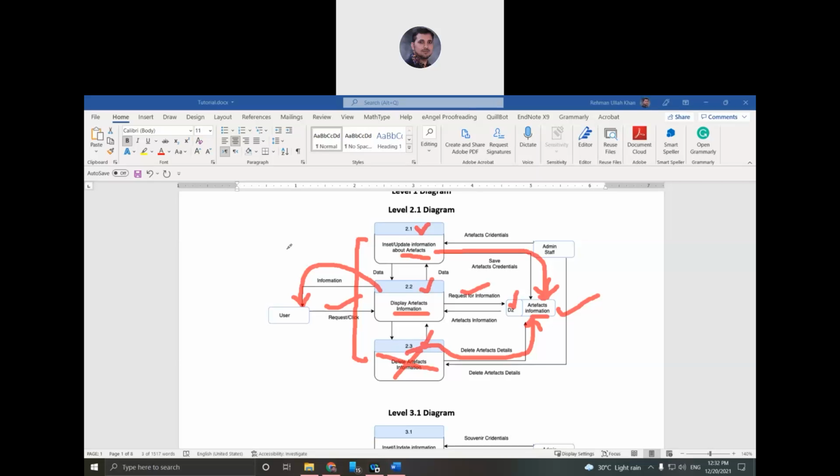Yes, Lee, very good question. Does it mean that in level 1 we can include other entities which are not shown in level 0? 100% true, because level 0 is not explained at a detailed level.